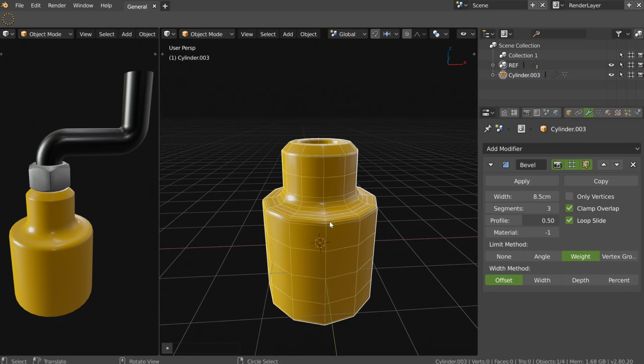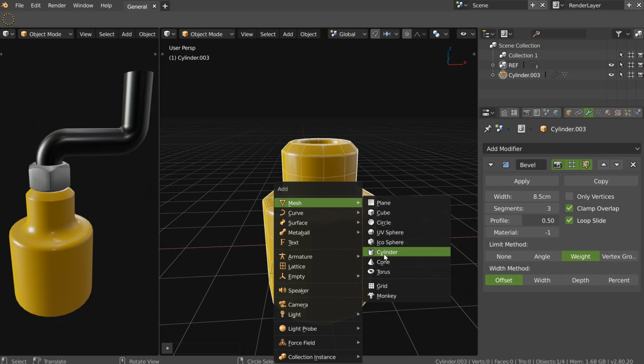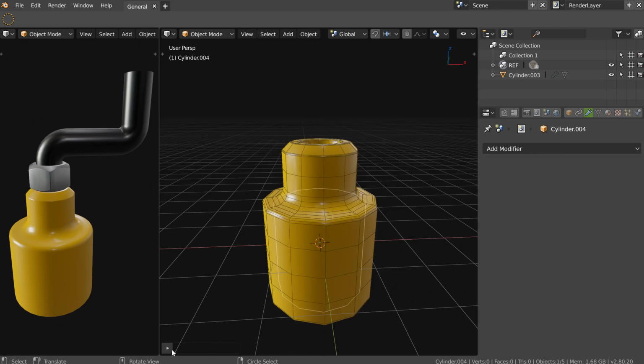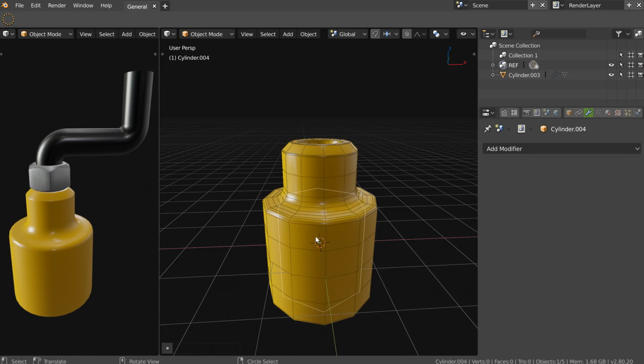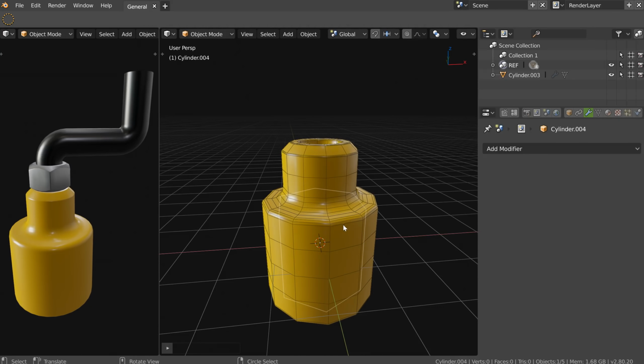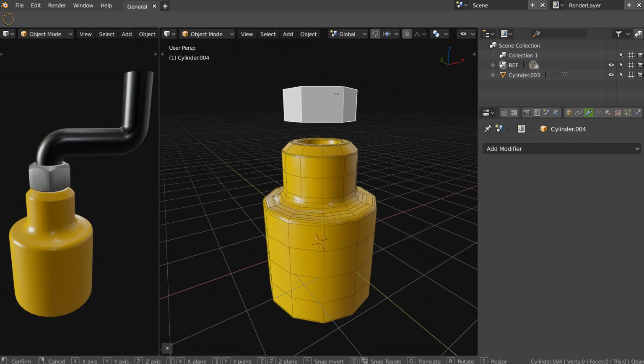So let's continue. I will add Shift A, another cylinder. I will go here, press 6. And in fact, the F6 doesn't work anymore, but it could be nice to have it: press F6, clack, and that will open this. Right now, if you press F6, that doesn't open this one. But it could be nice to have it correctly.